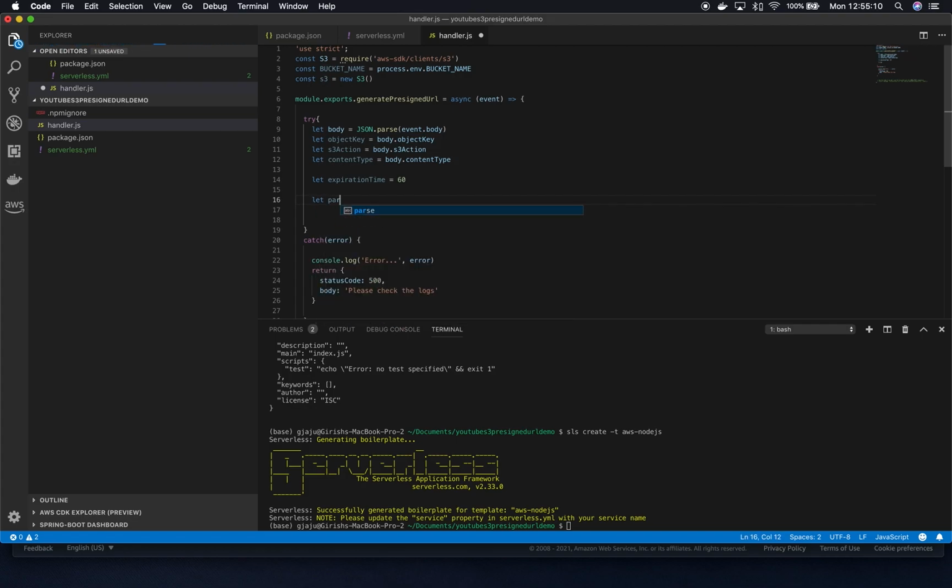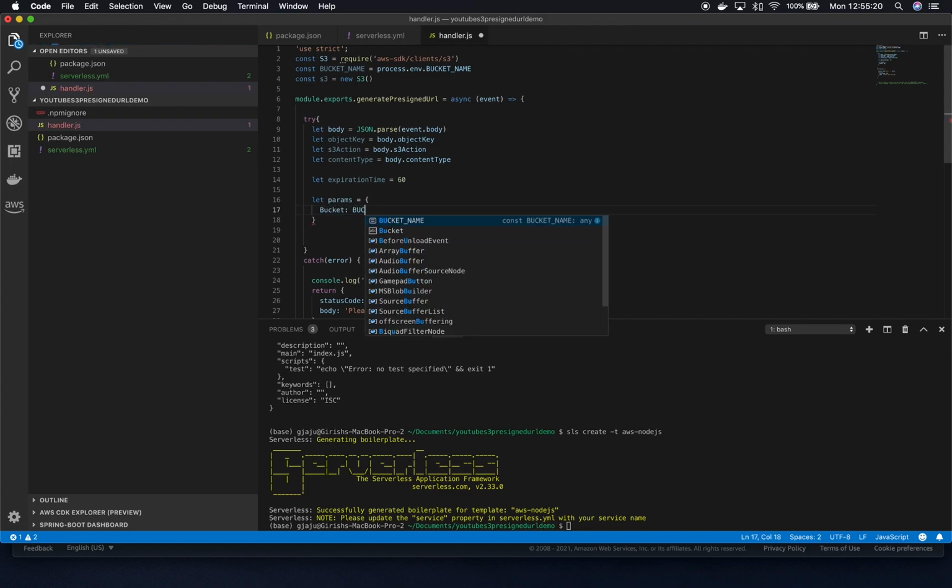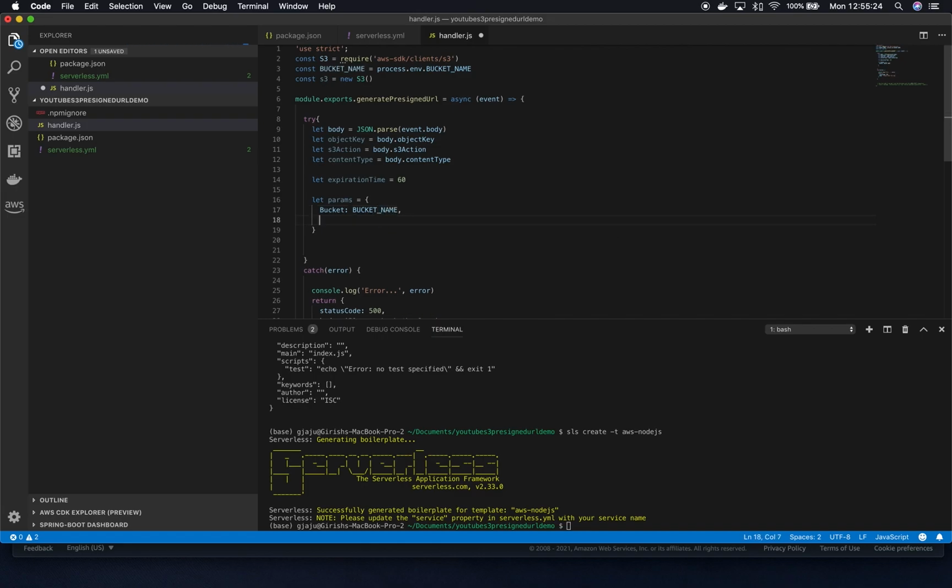Let's create the parameters object. Let's say params equals, now this parameter object will be passed to the S3 API. It takes Bucket as bucketName. It also takes Key as objectKey, and also takes the expiration time. We might want to give a little bit longer expiration time if it's a put object request, because we are going to be creating some curls and it would take some time, and we don't want our generated URL